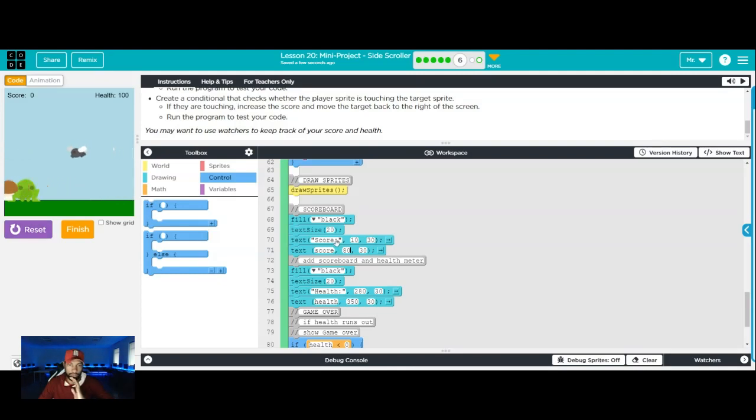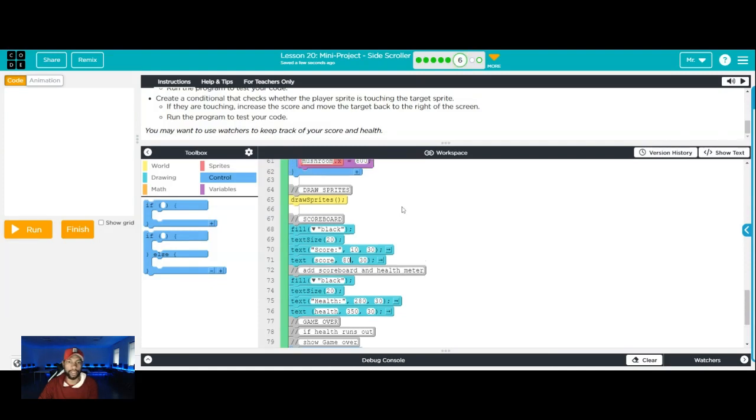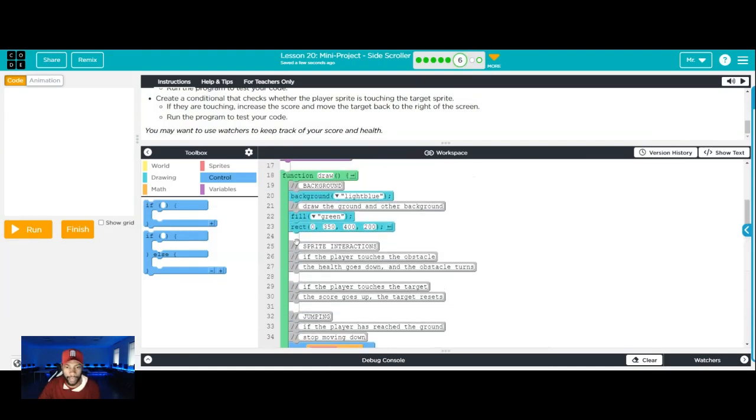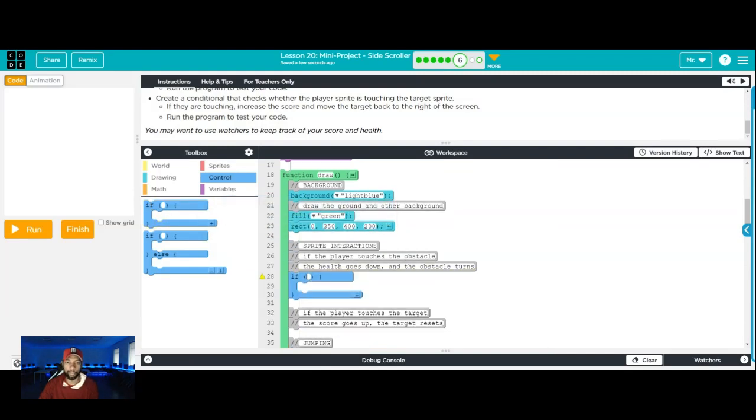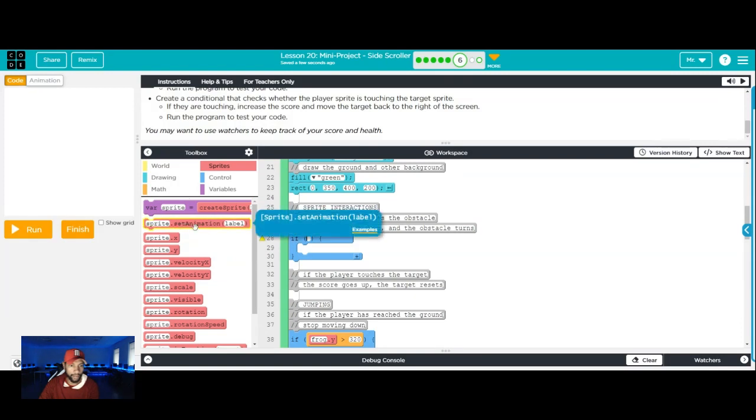All right, now one thing that we don't have is the interaction with this score. So let's go ahead and do that right now. With this interaction right here, they want the health to come down and the score to go up. Pretty easy stuff. We've seen this before in a previous lesson. So if the regular is touching,